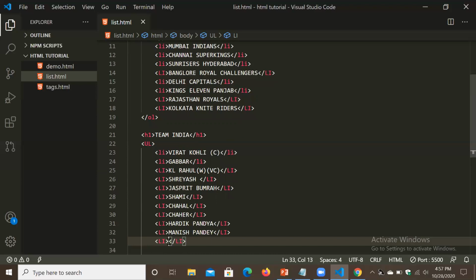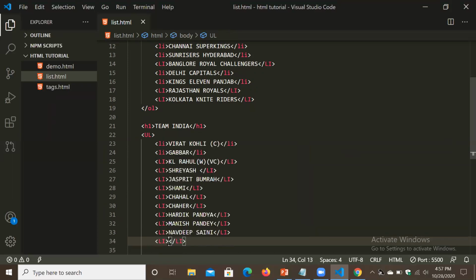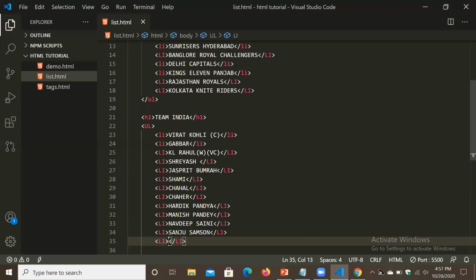Next, yeah, Saini. Navdeep Saini. Next one is Sanju Samson.